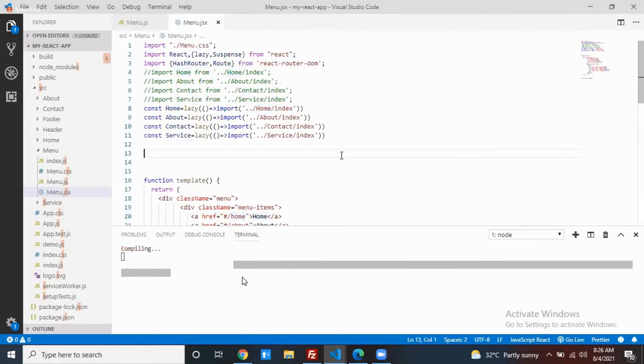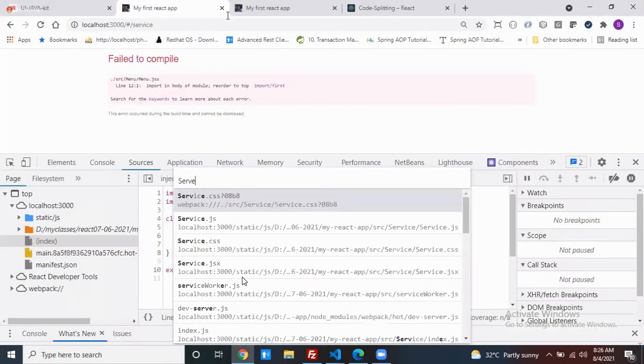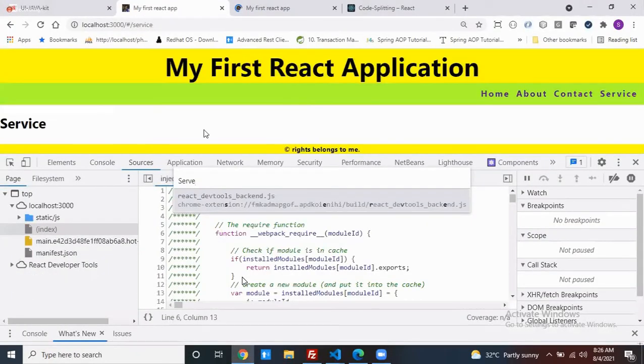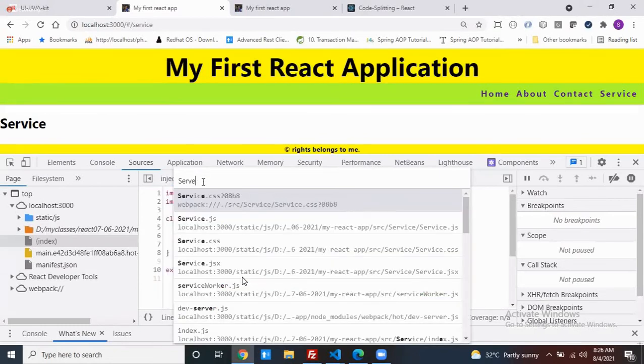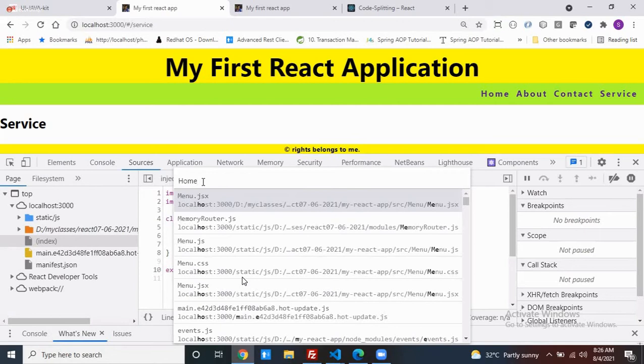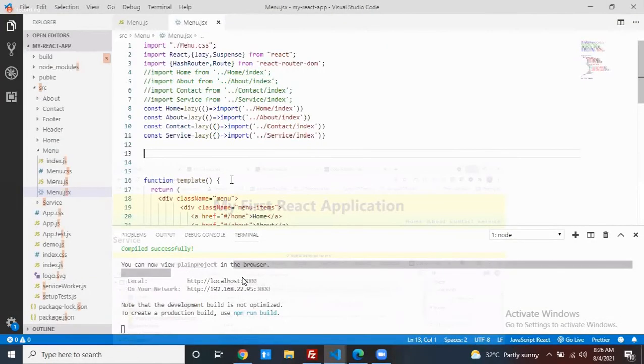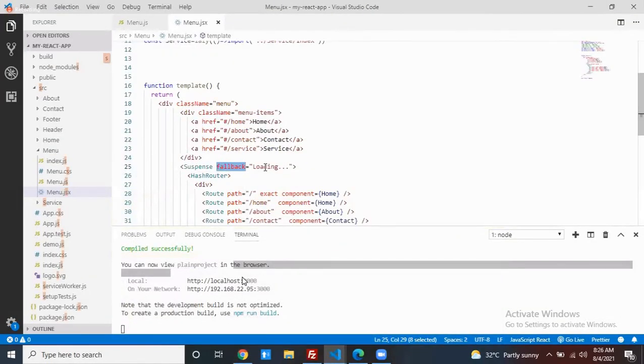Got it or not? Okay, that is only the error message. Now see, if I reload this page, now my service is loaded. Is my home going to load? No, my home is not there. Now if I click on the home, this particular fallback attribute is there, right? This fallback attribute has text like loading. This text is visible